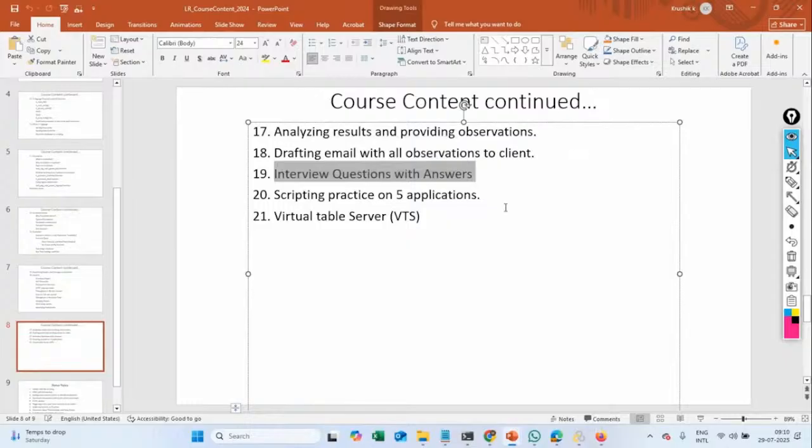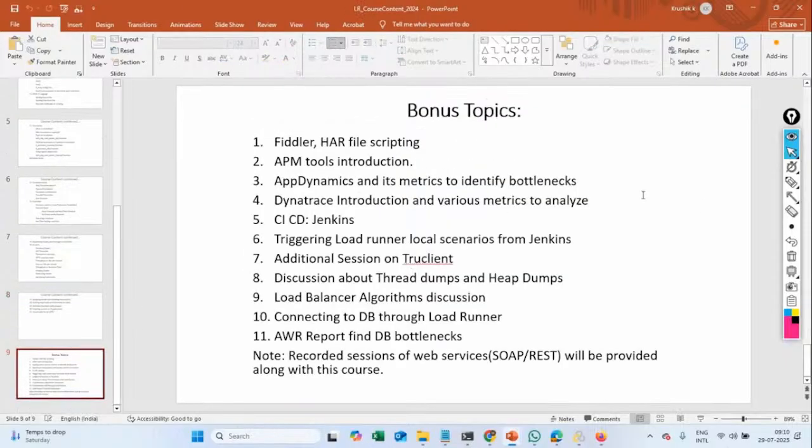Okay, so this is the course content at a high level. Apart from this, there are some bonus topics which I will take care of. They may be outside of LoadRunner, but very good and very important from an interview point of view. So I want my participants to have some knowledge of these concepts as well, so that they will perform better in interviews. Okay, like Fiddler and HAR file scripting, APM tools, AppDynamics and its metrics to identify bottlenecks,